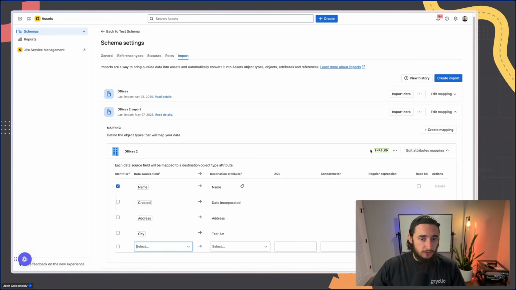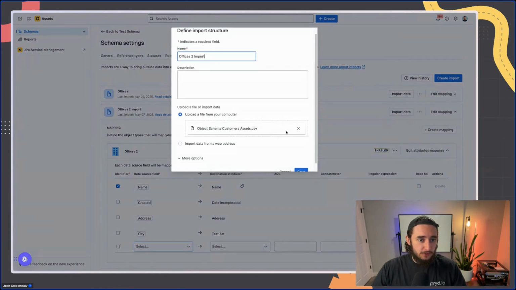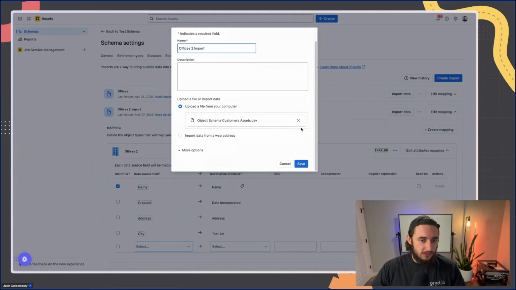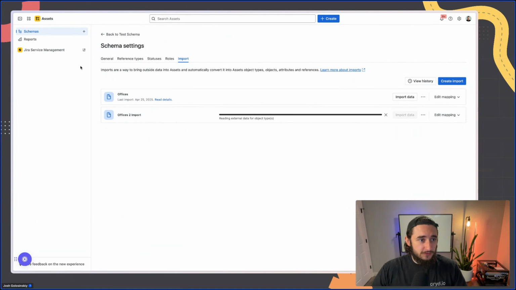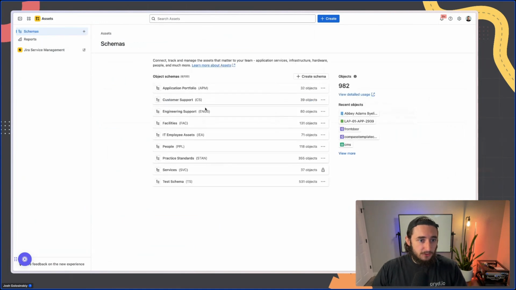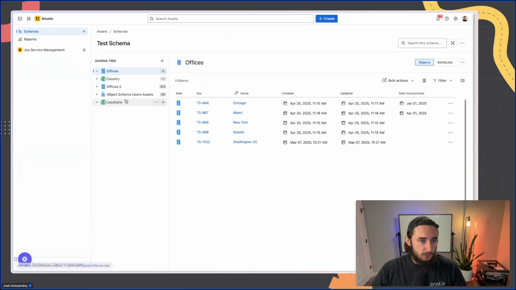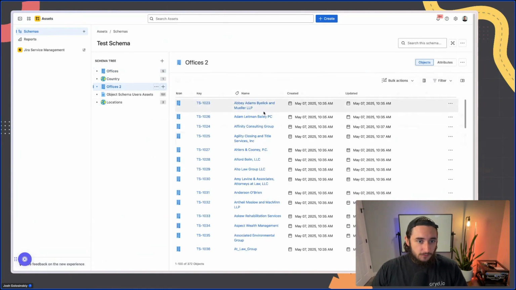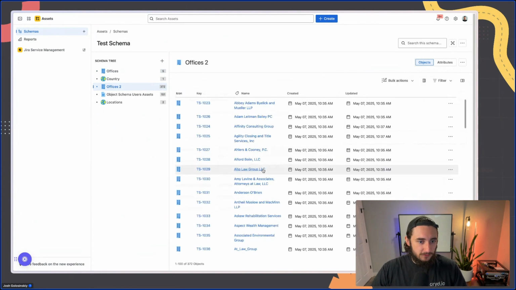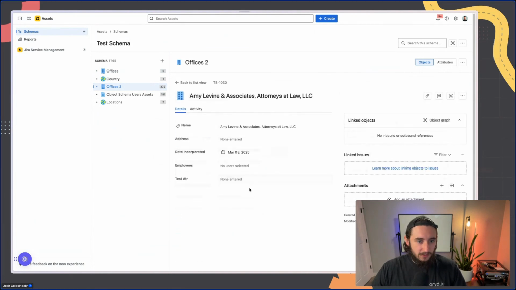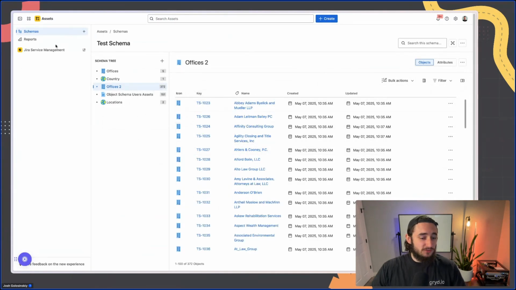I might re-upload a new CSV, which you can do by clicking this button, Edit Import Structure. You remove the old CSV, you add your updated CSV, and then all you have to do is re-import your data. Now once the data re-imports, it's not going to be creating more attributes, it's just updating the existing ones. So let's go back to Offices 2. We'll jump back in here and see if we have any test attributes that are filled out. It might still be running, but it should be filling out those attributes once we filled out all of our information. So that's how we run our